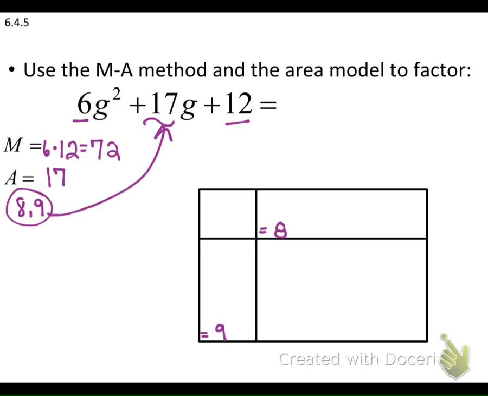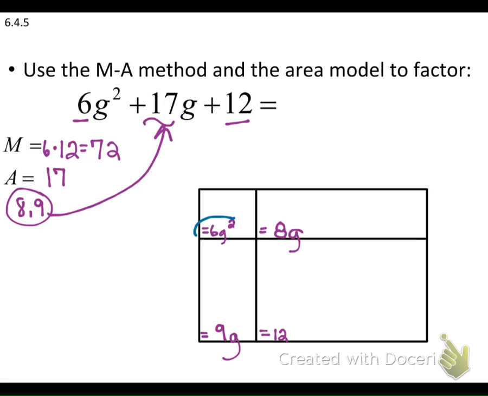What variable now needs to go with that 8 and 9? G. So here, I'm just filling in the area for each rectangle. So what's this first area going to be then? 6G to the second. Okay. And what's going to be the area of my bottom right rectangle? 12. Okay. So that's step 3. So if you're looking at your notes, you know you're done with step 1, 2, and 3. Step 4 then tells you